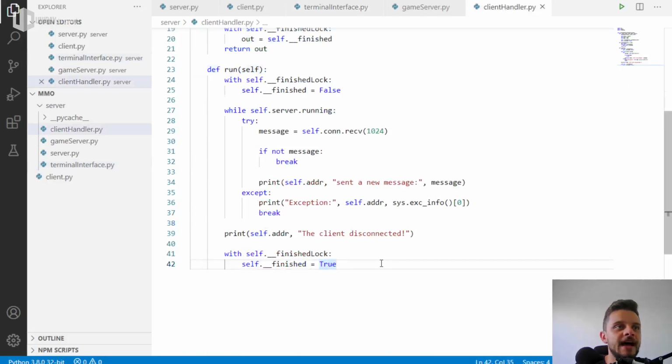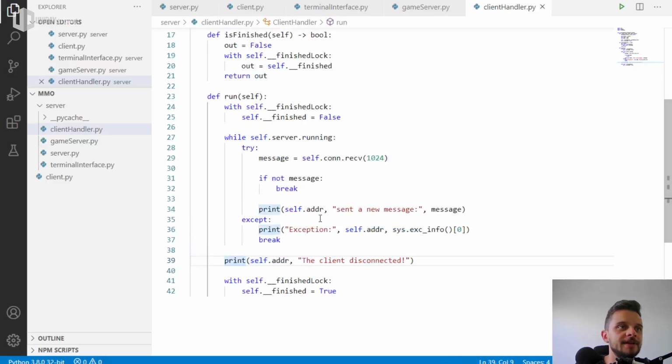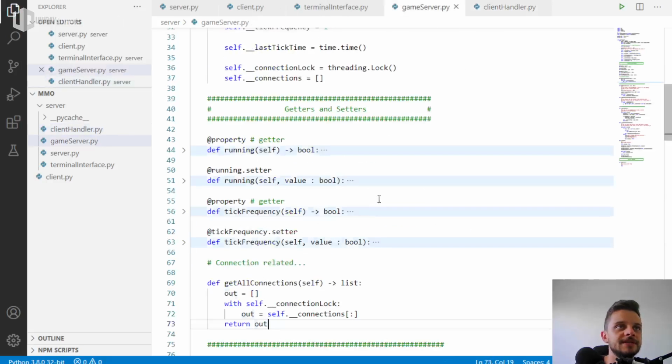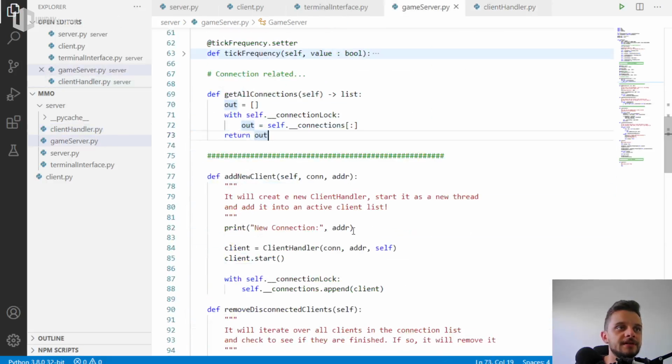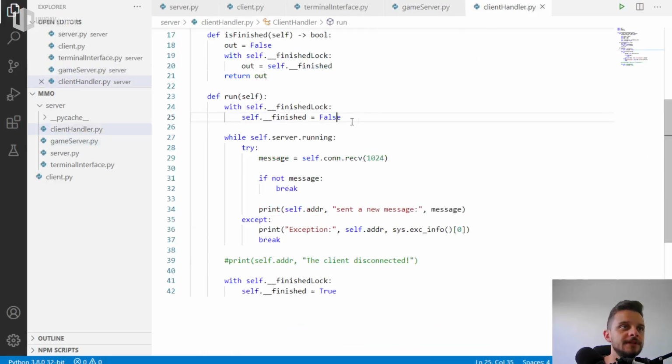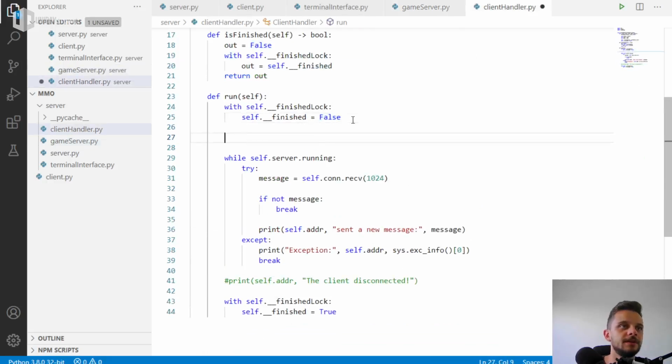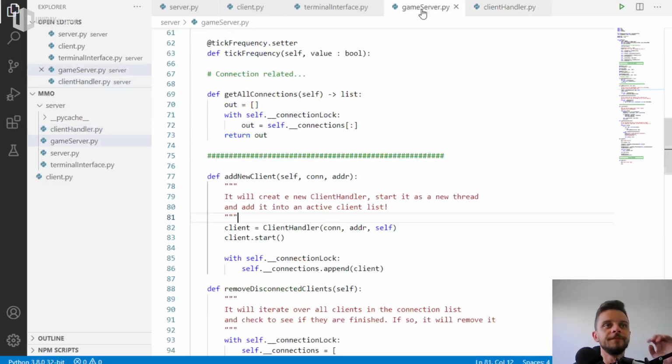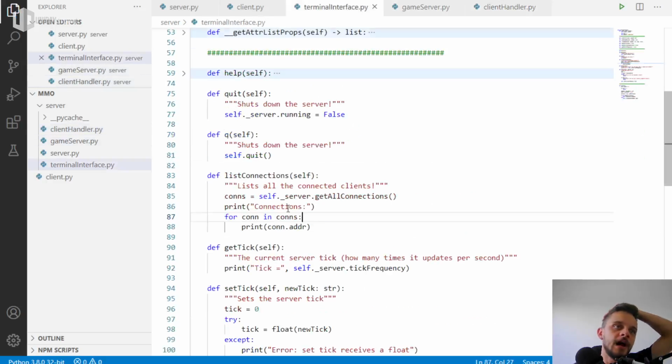And because of that, we don't need to say the client disconnected. We don't need that. Let me comment the code actually. And we don't need the client connected as well, that is in the game server here. You don't need this, okay? You only need the code itself. Here you go. So now I can call in the terminal list connections to have a list of all the